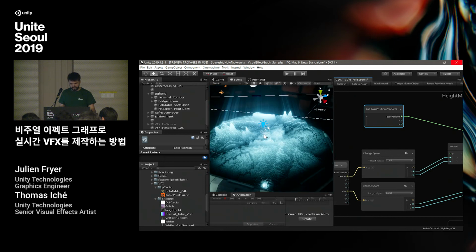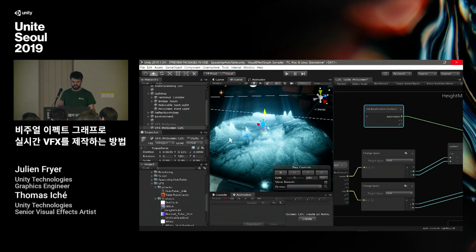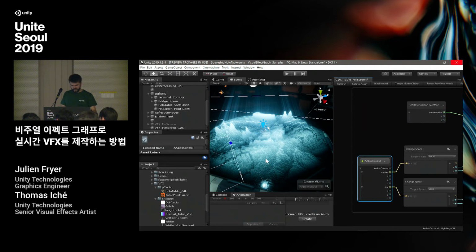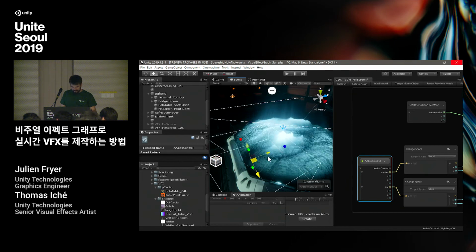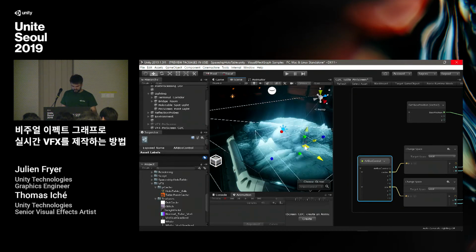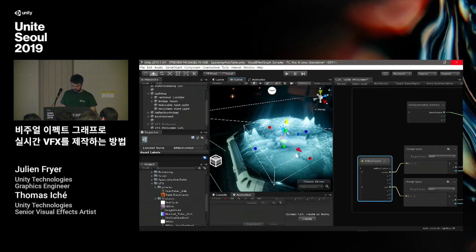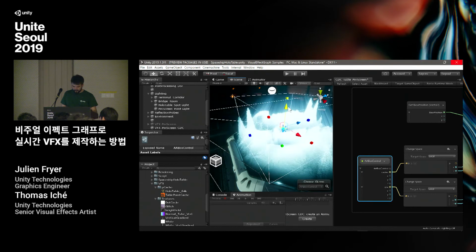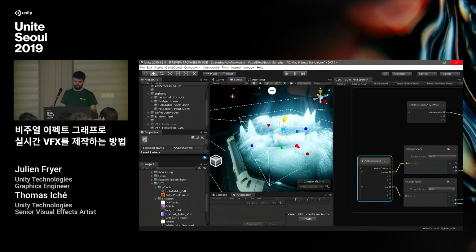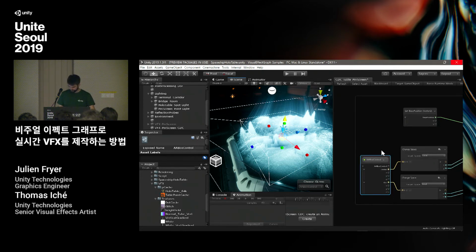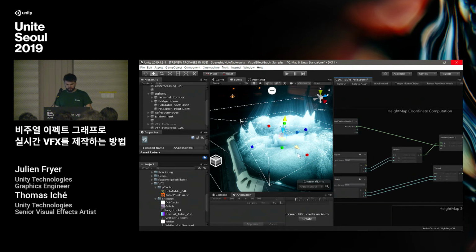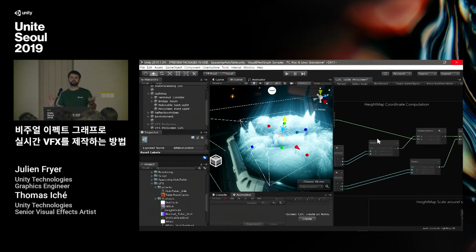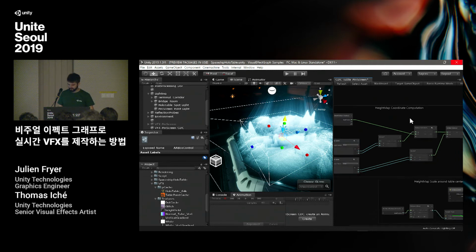And in order to perform scaling and adjusting the position, we used a parameter named AA box control, and basically this parameter enables us to move around this height field, to scale it, and also to scale the height of the height field and put it to 0. This parameter is animated using a timeline in the demo. To perform this operation is just a simple multiplication and addition. So it's a scale and a bias.